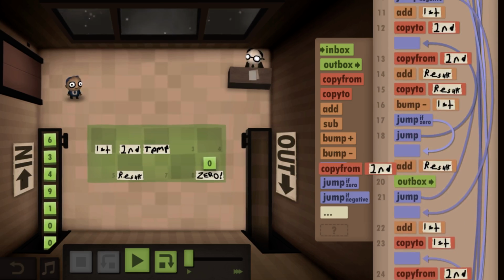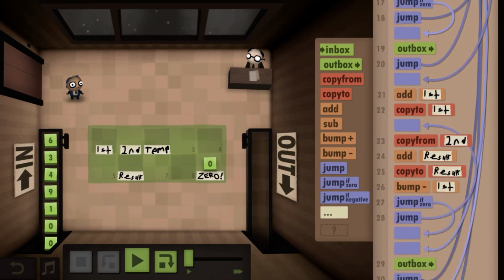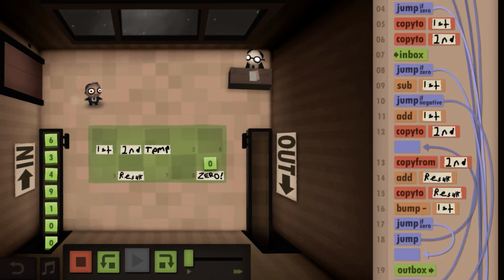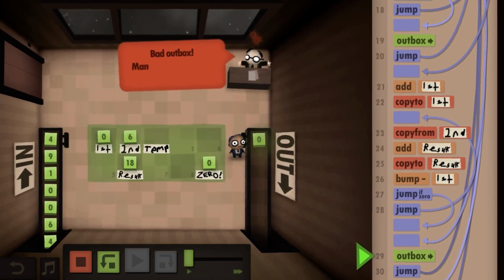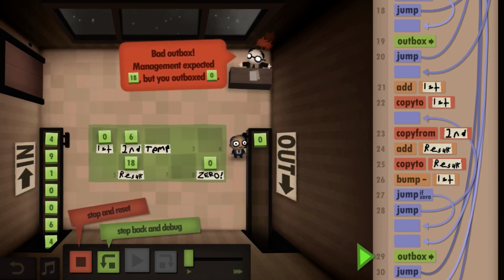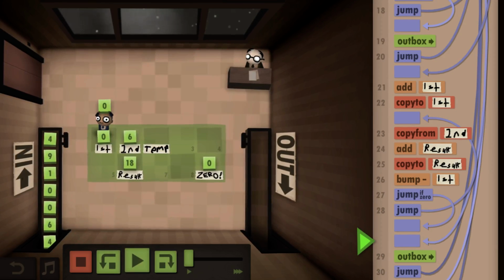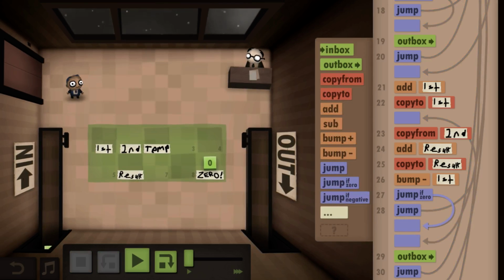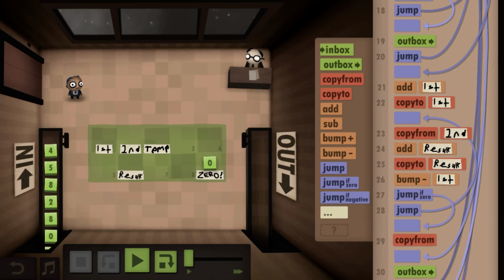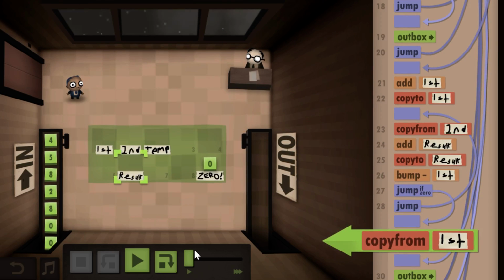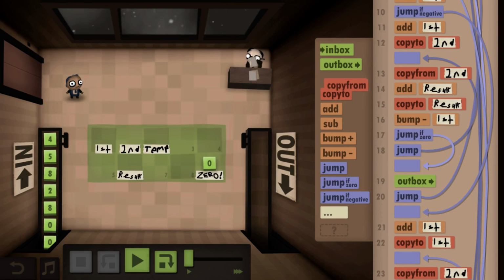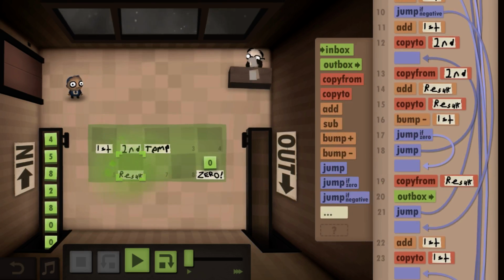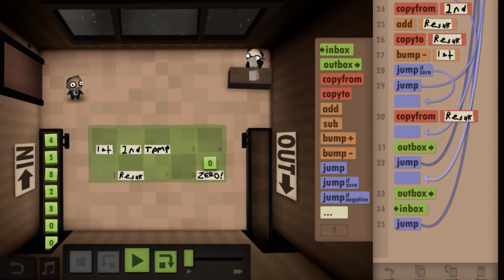So here and here, completely unnecessary, after I moved the code around a little bit. Wait, jump if 0 still needs to copy from result, however. So one of those was unnecessary. The other one was. Okay.